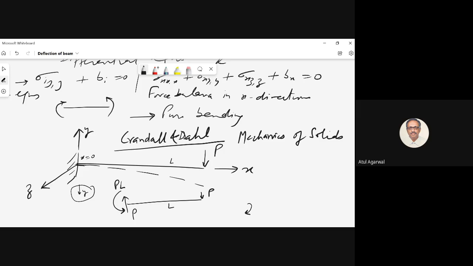And here you see there is an externally applied moment by the support onto the beam, counterclockwise, PL. And you see the area normal is negative here, a negative face. So what is the bending moment here? Anybody? Is it positive or negative? So this is my positive bending moment distribution.